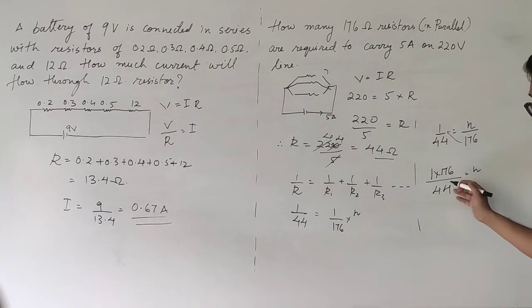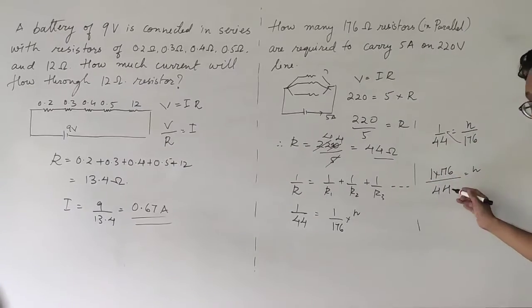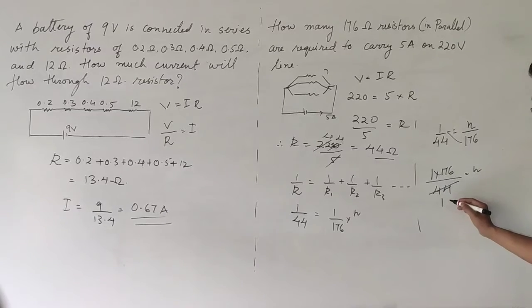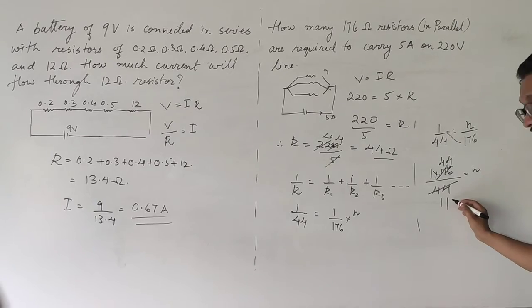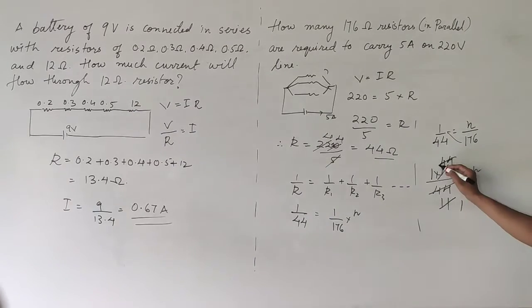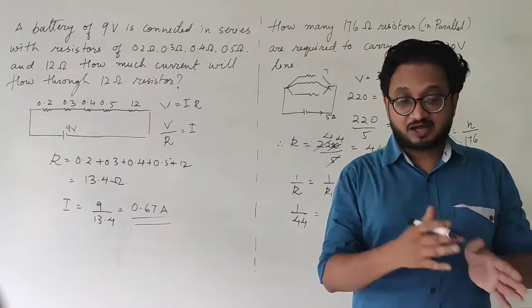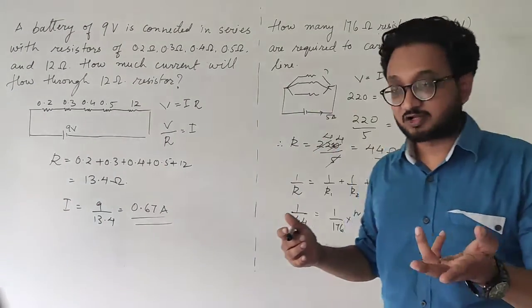Simply apply the division. 4 ones are 4 and 4 ones are 4. Over here 4 4s are 16. 1 is remaining, again 4 4s are 16. So we have 44 upon 11. Once again we know the table of 11. 11 ones are 11. 11 4s are 44. Just like that. 11 four times, it is 44.